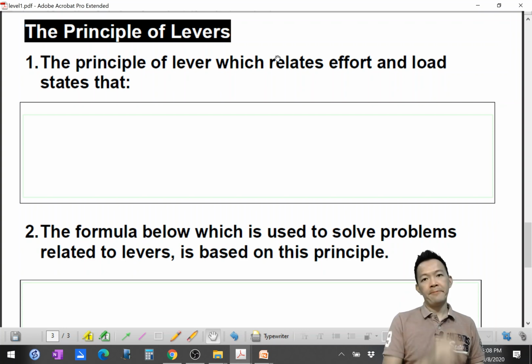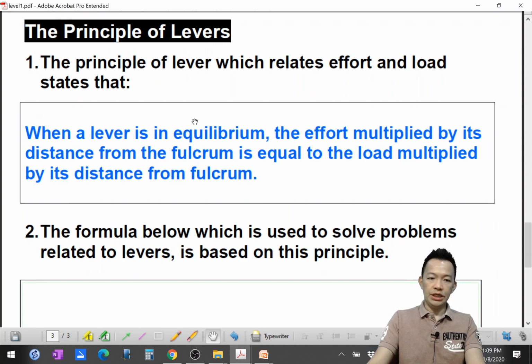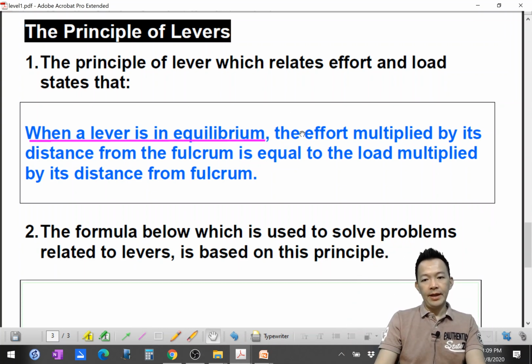The principle of the lever which relates the effort and the load states that when a lever is in equilibrium, this sentence is very important, the effort multiplied by its distance from